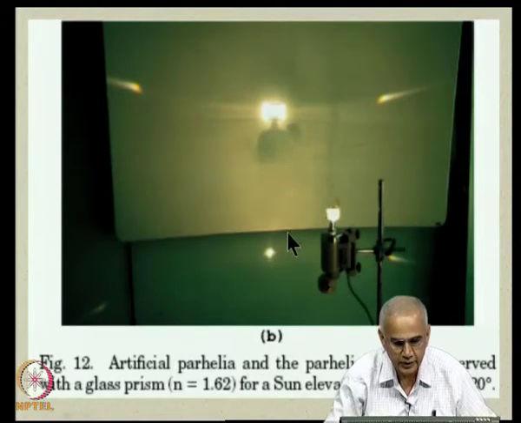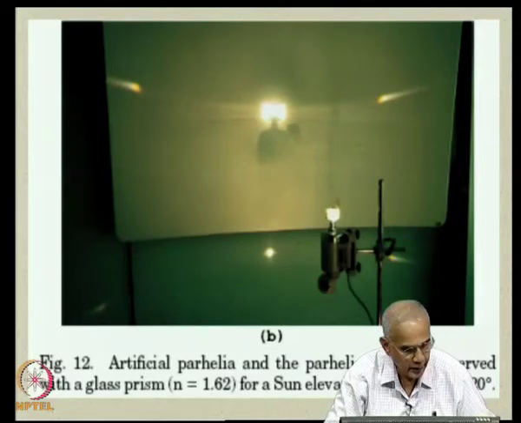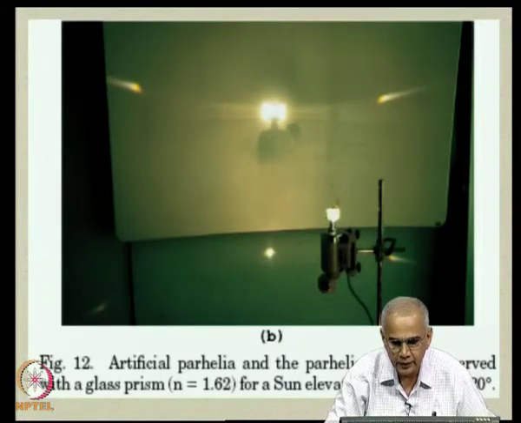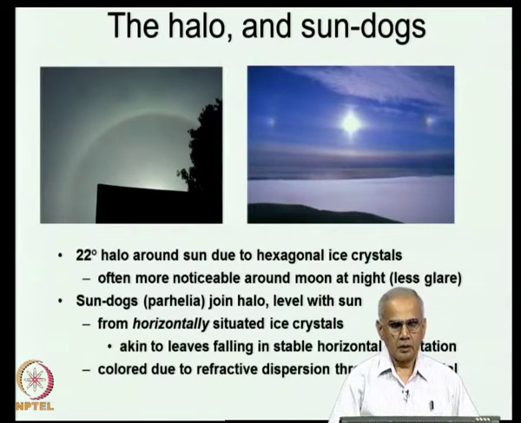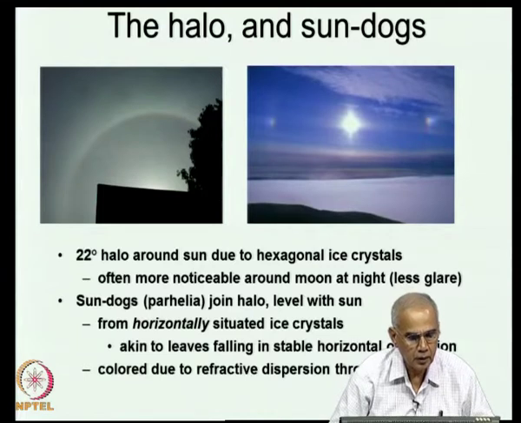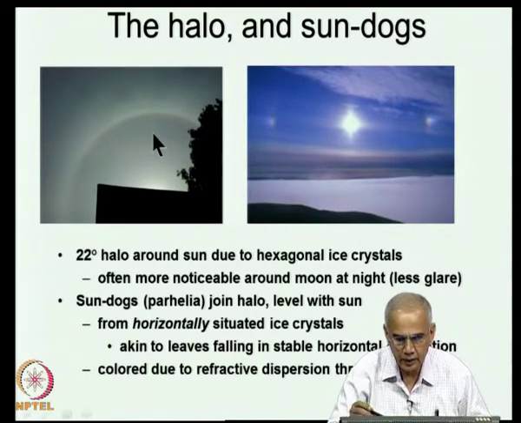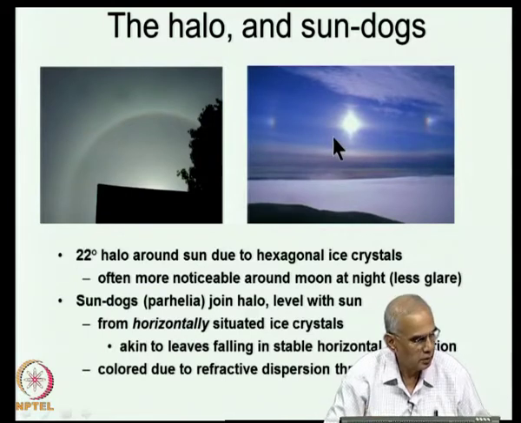So, this can also be demonstrated in the laboratory as shown in this laboratory picture. Many of these phenomena can easily be done at home or in the laboratory, because everything can be done through geometric optics. Here, pointing out that it is clearly visible on a full moon, and here you see the halo clearly, and here is the sun dog that is visible.